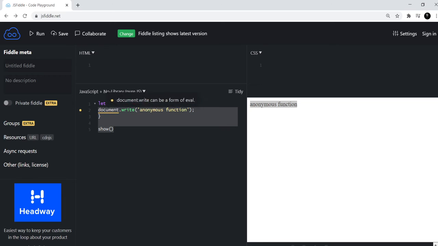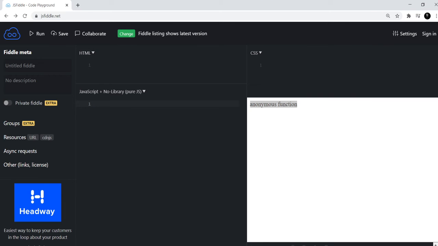Now you can do multiple things with it. Let me show you. So let's say you had setTimeout. Now setTimeout, if you don't know, is used to add delay to calling any function or any event basically. And setTimeout is very useful in JavaScript. We'll talk about it later on. So setTimeout, and then inside setTimeout we can write an anonymous function which doesn't have a name, like you can see.